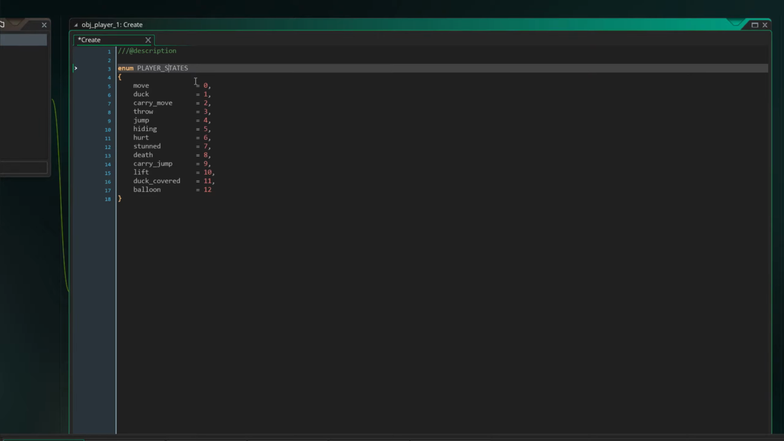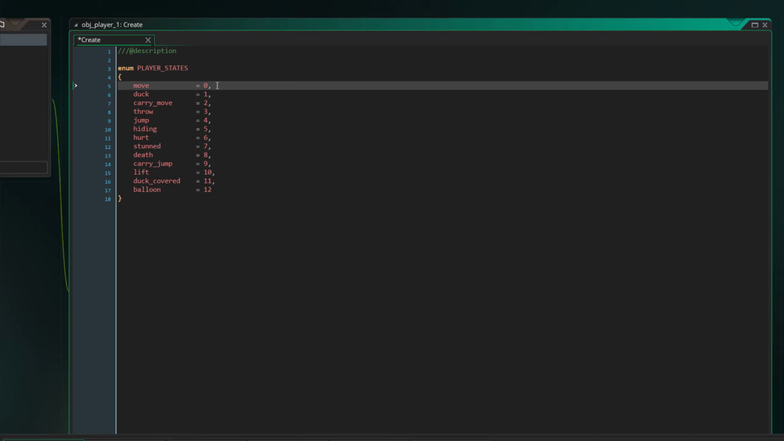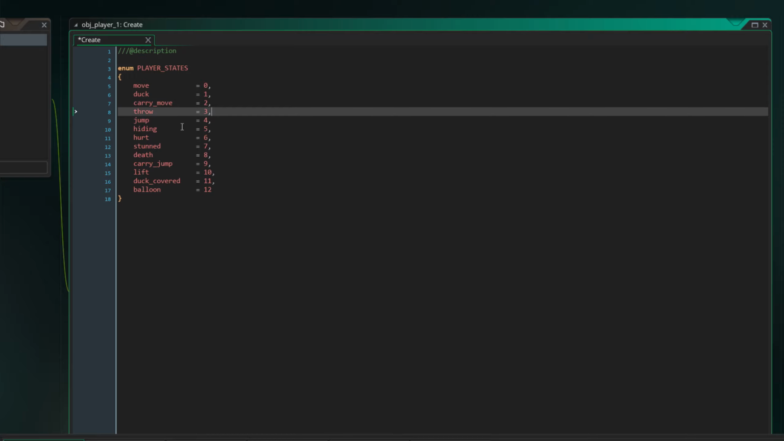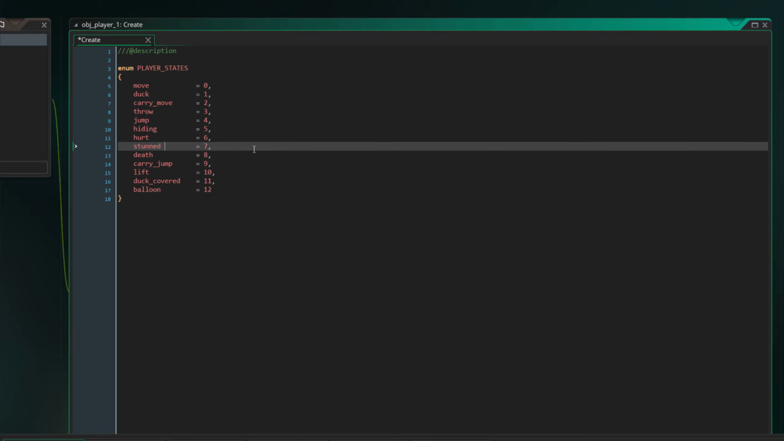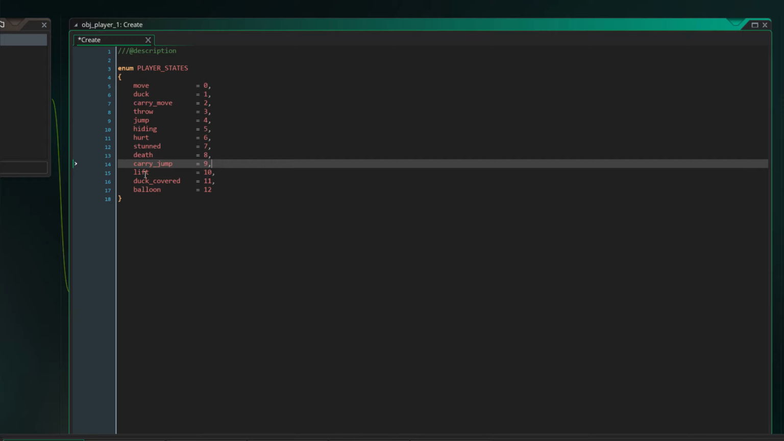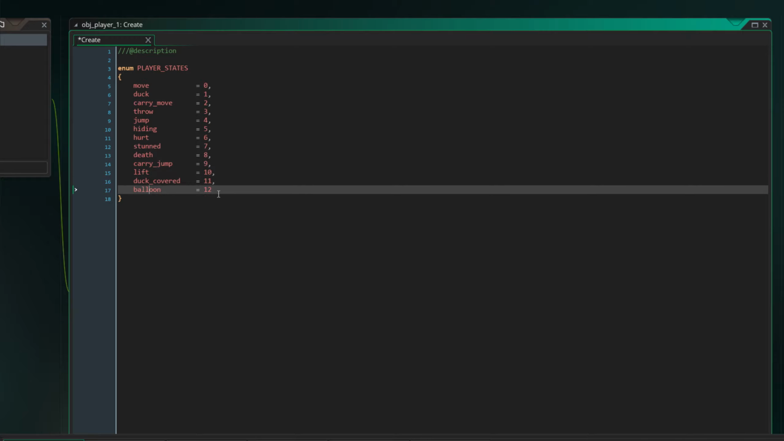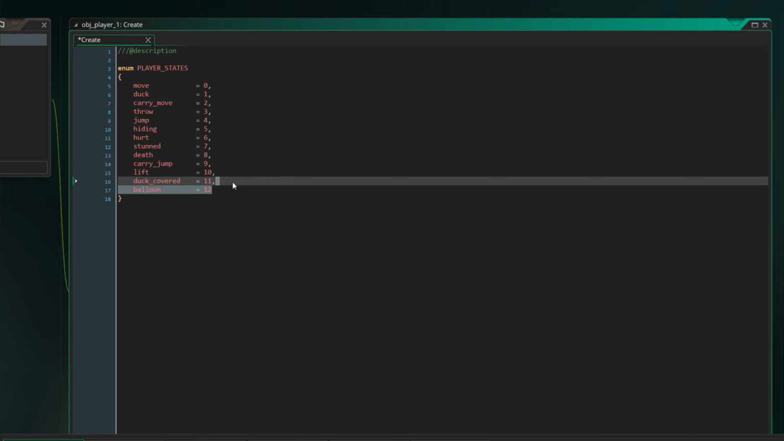Enum player_states: move 0, duck 1, carry move, throw, jump, hiding, hurt, stunned, death, carry jump, lift, duck_covered, and balloon. There's so many of them, I decided I'd just manually number them so I could remember what number every single one of these states are. I never did actually program the balloon state, but